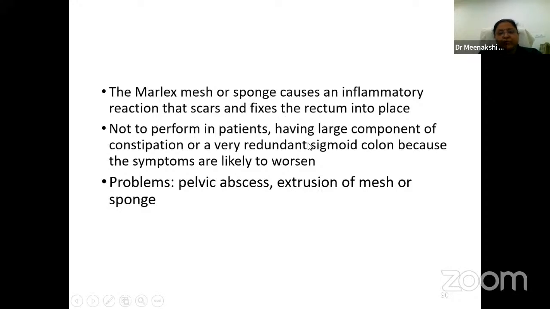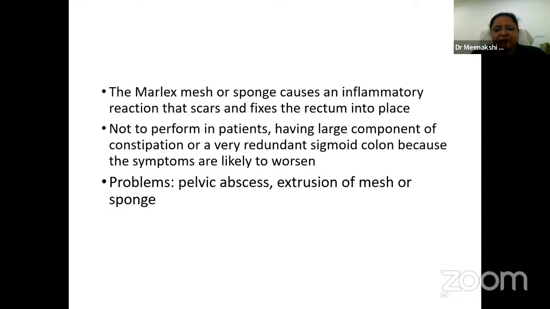Okay, but it is very, very important to understand that it should not be performed in patients having a large component of constipation or whenever there is a redundant sigmoid colon, because in the post-operative period this will be much worse than before surgery. Okay, so that's why proper evaluation of the patient is very, very important,